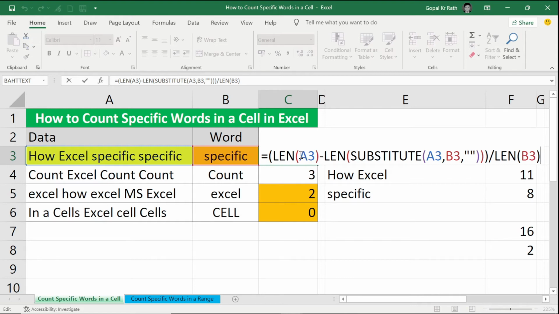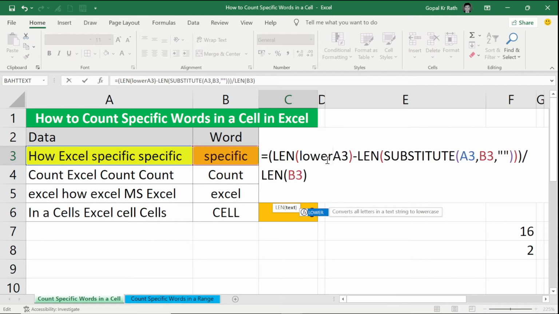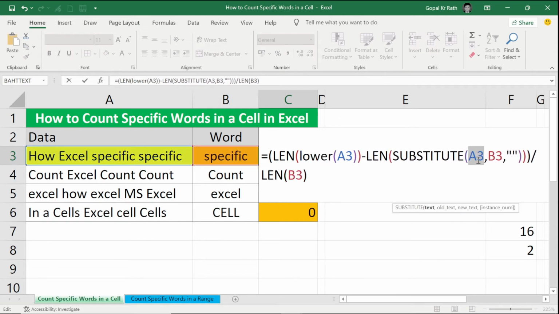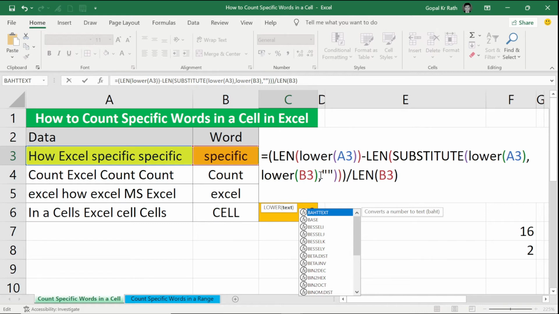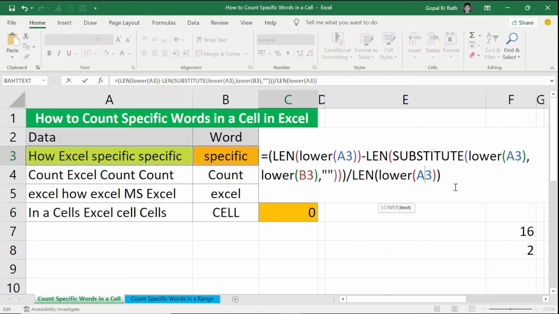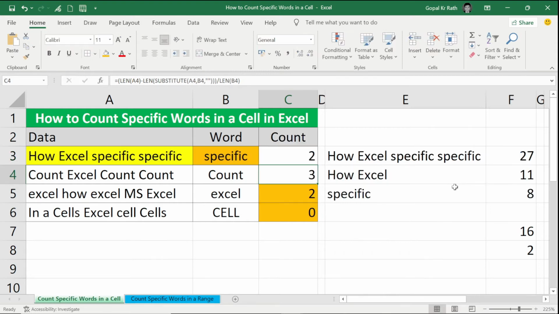Now here I'll make lower A3. Now here lower B3. Now again here lower B3. I made everything lowercase. Similarly you can make it proper case or uppercase. Now it will calculate perfectly.